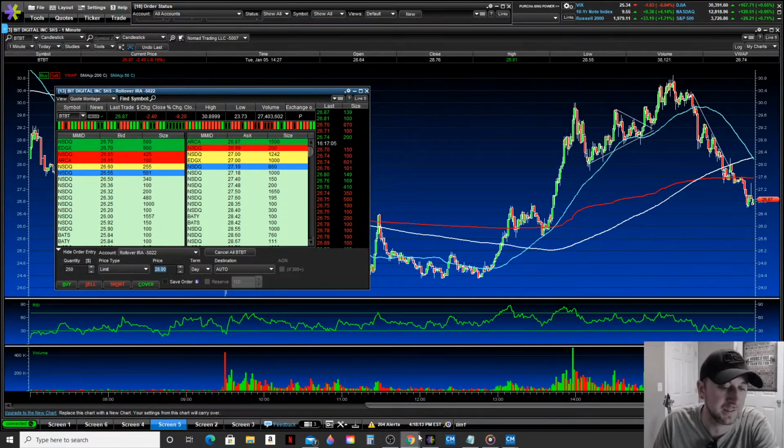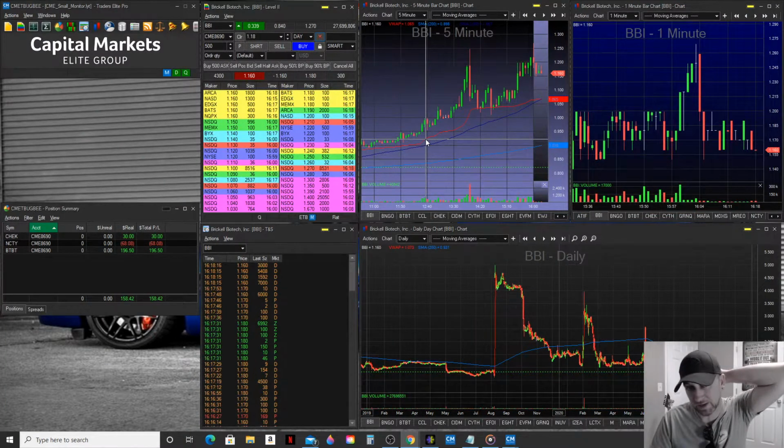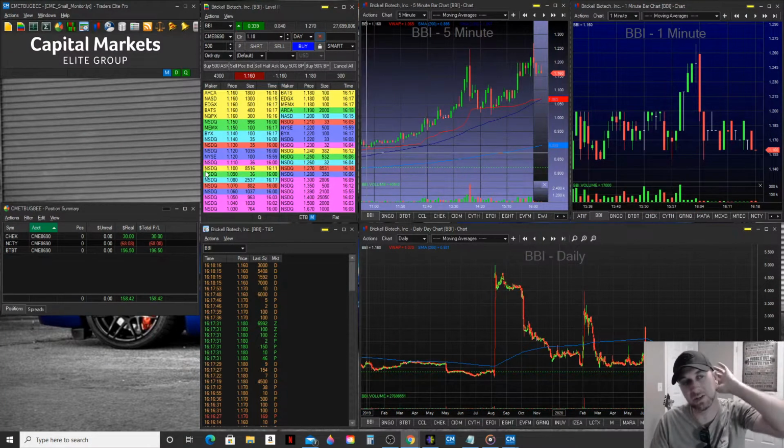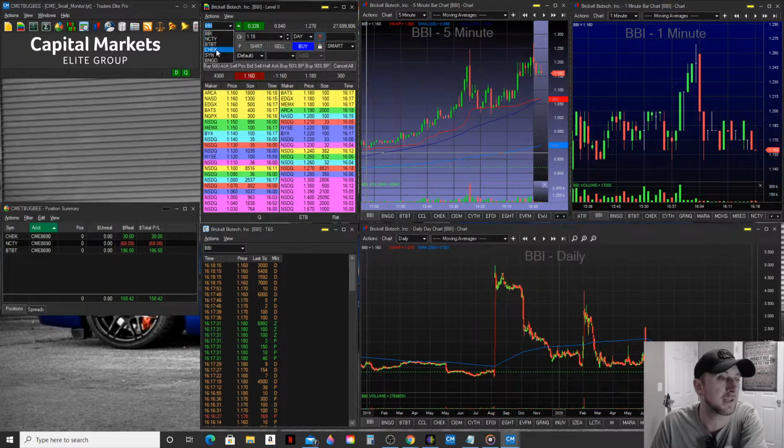So let's get into this. Let me get this out of the way. My trades for the day over here in the Cmeg account, you can see them right down here. So I ended up $158.42 up on the day. So basically made 160 bucks. We'll go through my trades. First of all,